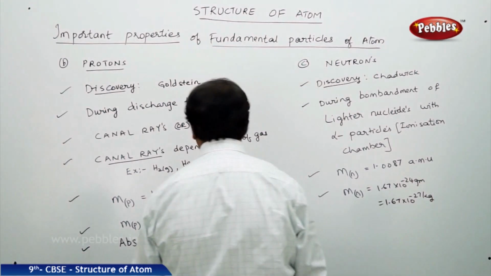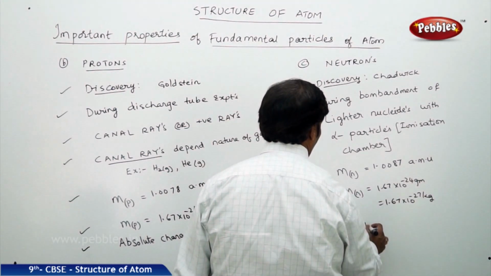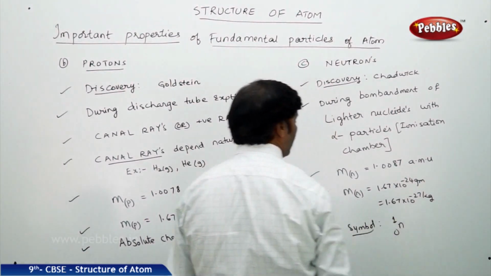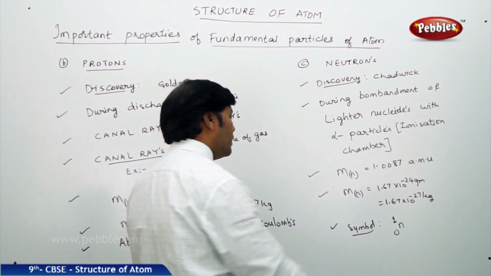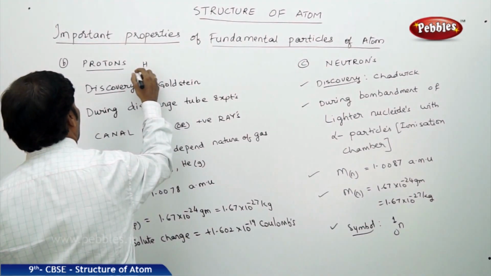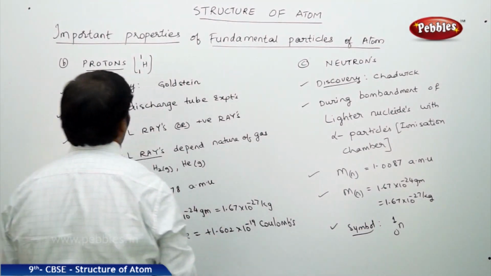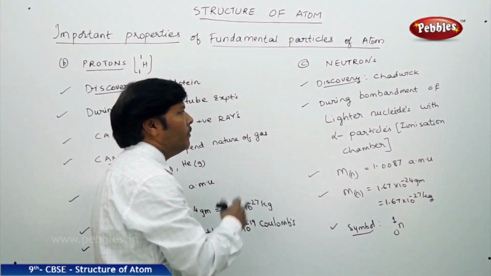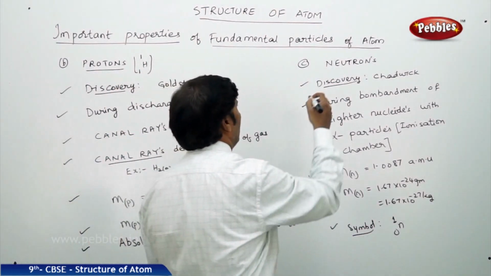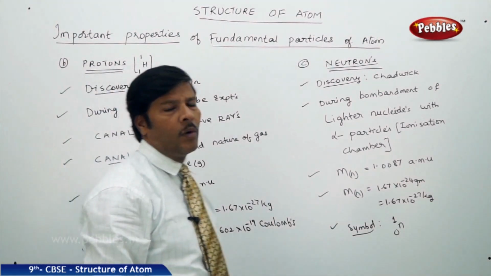The mass of a neutron and the mass of a proton are more or less the same. What symbol can we use for a neutron? Usually it has a neutral charge, and its atomic mass is almost equal to 1 unit. Similarly for a proton, all protons are considered as hydrogen atoms, so we can simply take 1H1 as the symbol for a proton. This is how we can compare and contrast the neutrons and protons as fundamental particles. So these are neutron properties and these are proton properties.